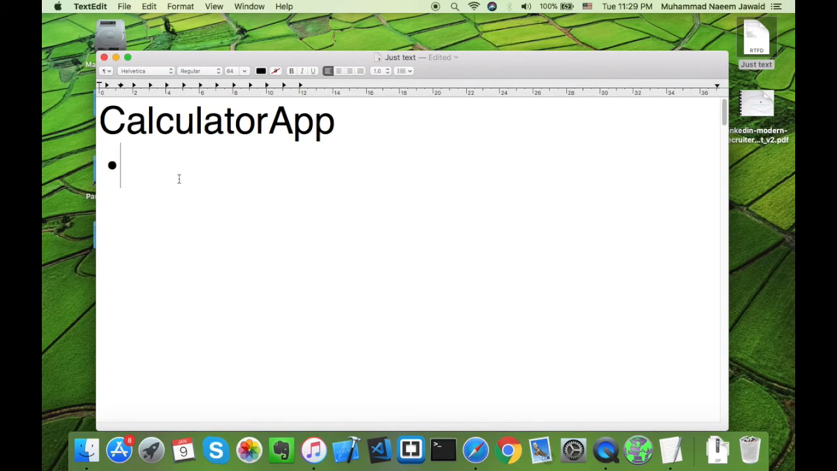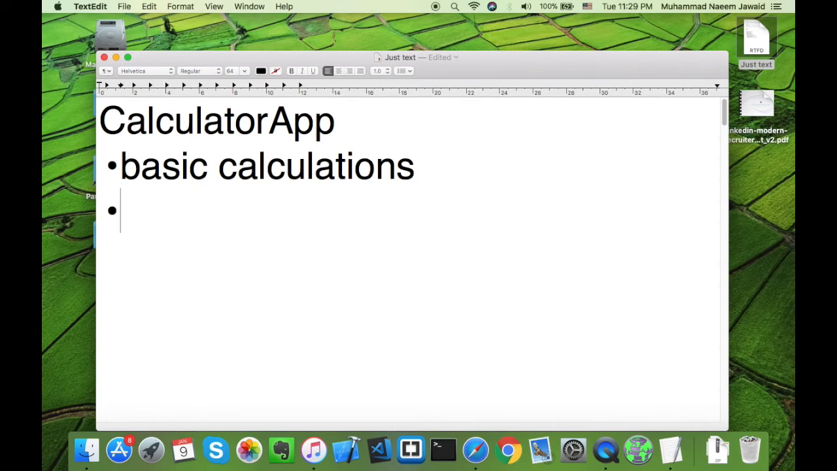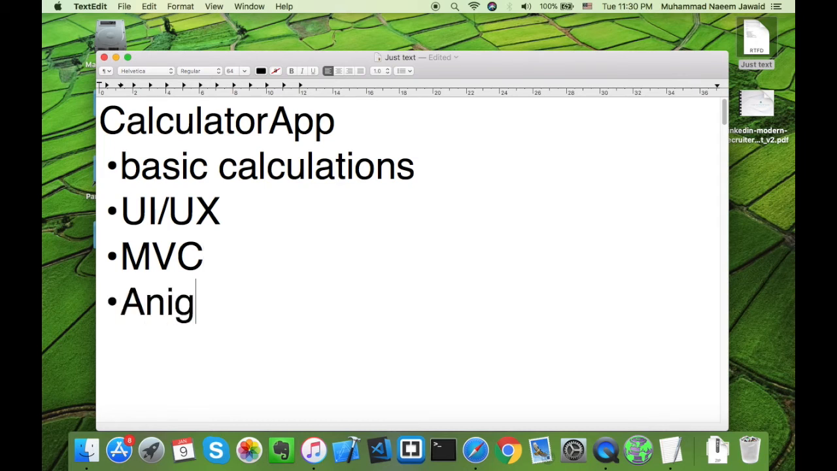So it will be basic calculations. You'll learn how to make a UI similar, not exactly like the calculator app, but similar to that UI, and we'll work on user experience as well. So this will not interact with the internet, so that is not included in that. So basically you'll learn user interface, you'll learn model view controller design pattern, and you'll learn how you can do simple calculations and animations